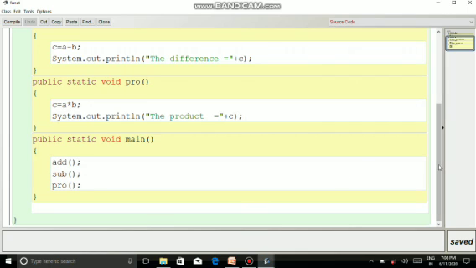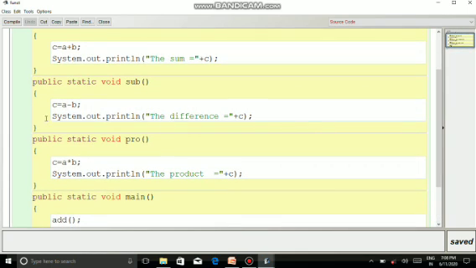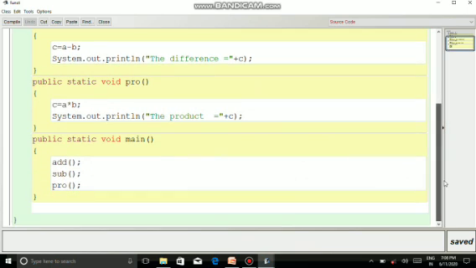So again it goes to the sub function and that portion will get executed. Again it comes back to the main method and pro is being called, so it goes to the function pro and that part will get executed. Now we will compile and see. Compile, it is compiling, no syntax errors.